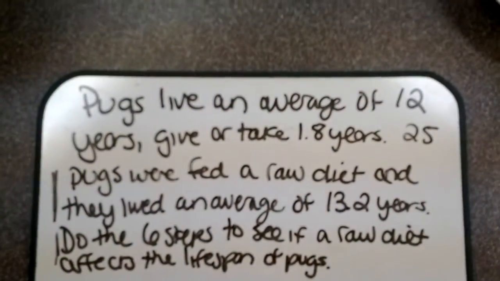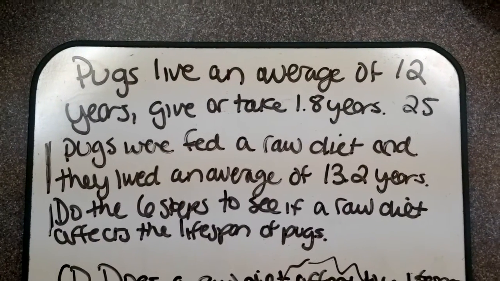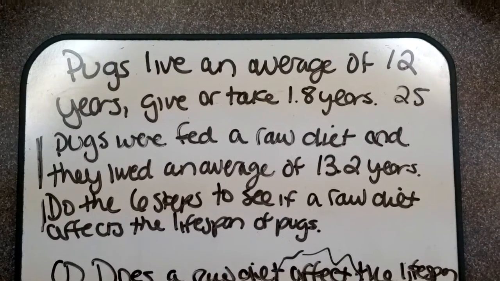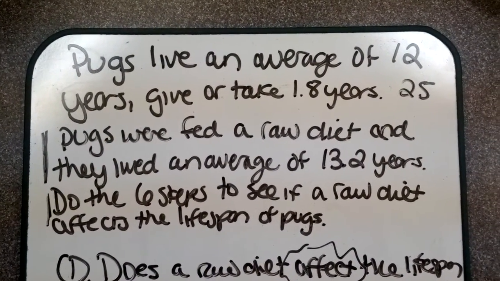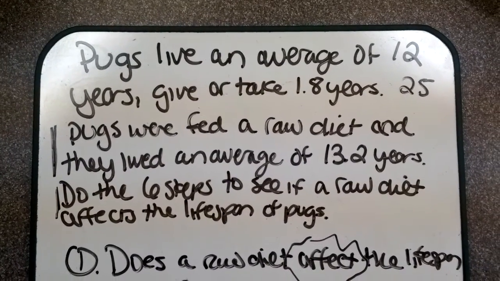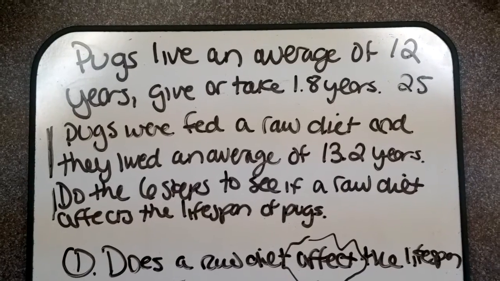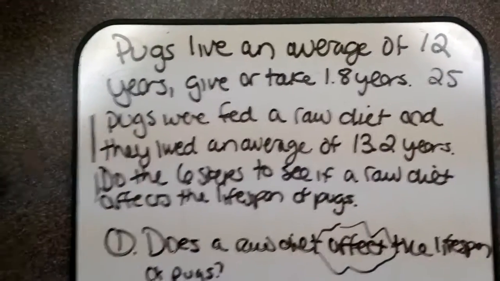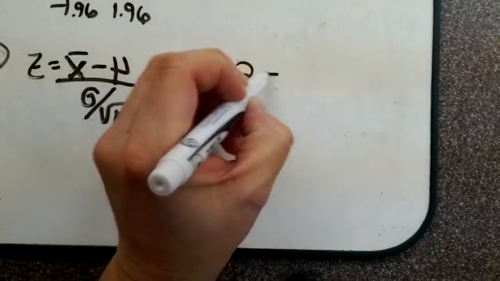Now I have to find my mu and sigma. So these are the population parameters. If I'm looking up here, I actually don't see anything that says mu is this, or population is this. But I do see a sentence that says pugs live an average of 12 years. So I'm saying very generically, pugs everywhere live an average of 12 years. So that is your population term. So there we see mu is 12, and my standard deviation, the give or take, is 1.8. So if I plug that in down here,